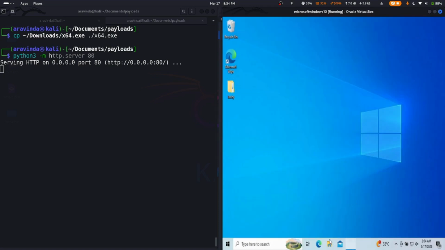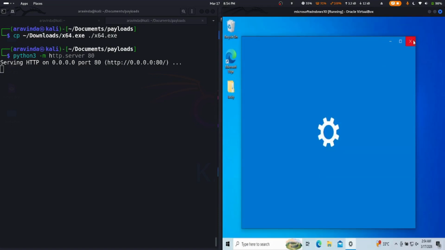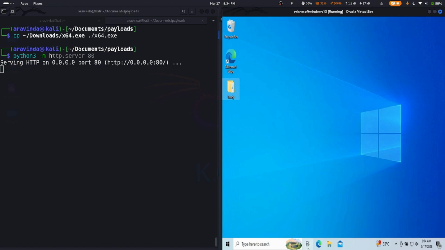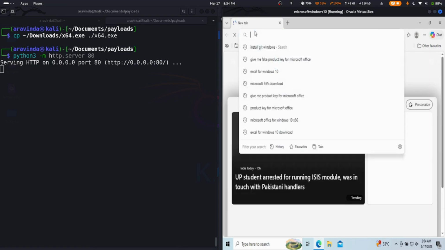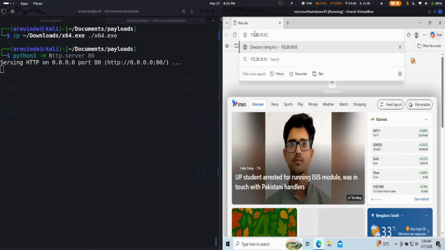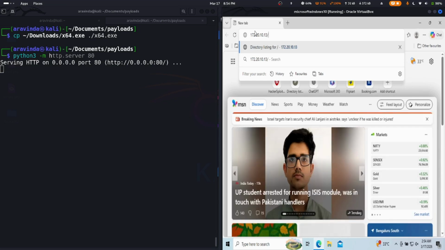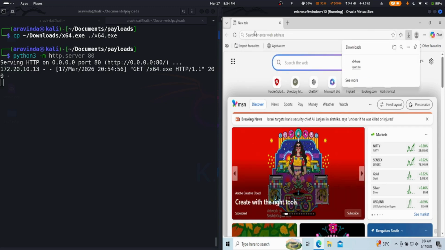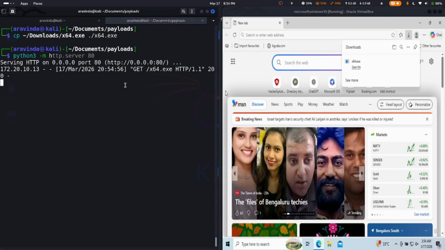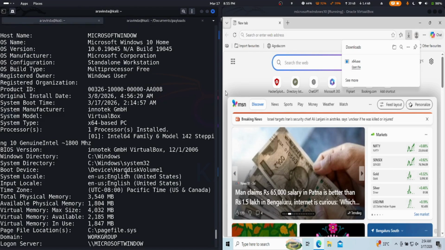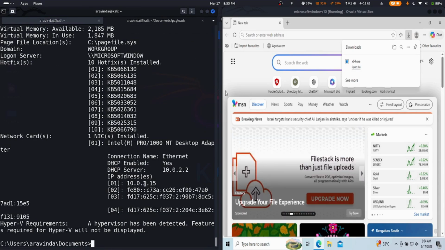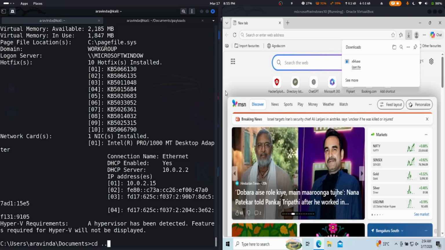and let's go to our Windows VM and download that x64.exe. Let's open up our browser. And this is the basic method of transferring a file from Linux to Windows, right? From Windows to Linux, you can start an SMB server, or yeah, and that's to go to downloads,